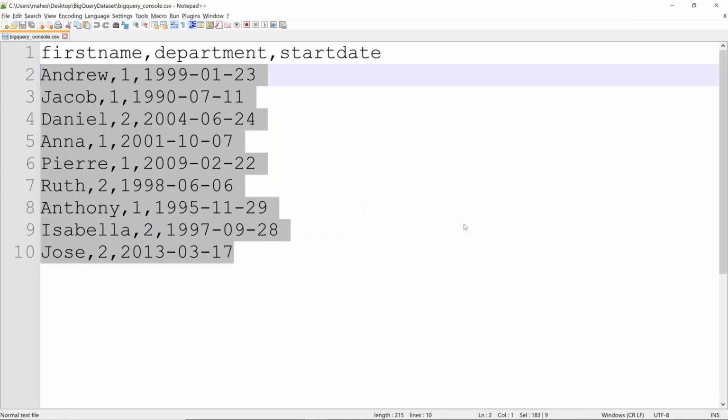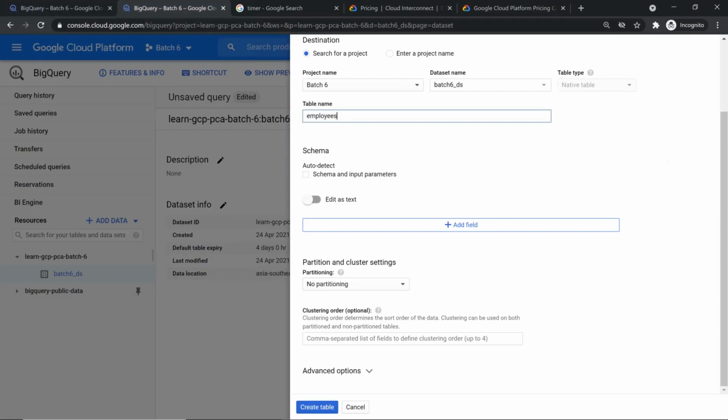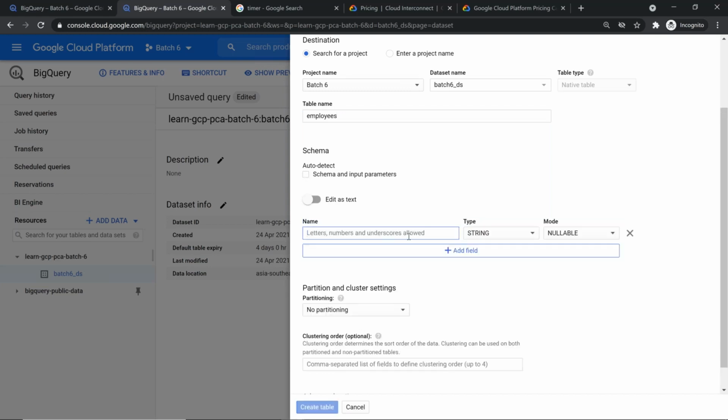So looking at this file, first name is a string, then an integer, department is a string, and the start date is a date data type. So basically three data types is what you need to provide. Let's give that. We can give auto detect, but I don't want to use it now. We will use it in a later demo. So we'll add three columns. First name,